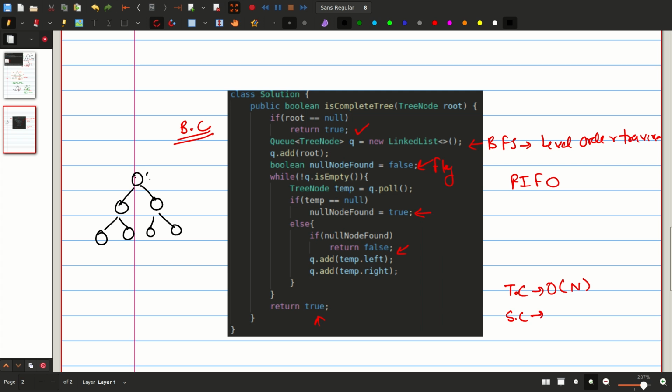So 1 2 3 4 5 6 7, and here I can see if the total number of nodes is 7, how many elements are present at the last level? Which is nothing but 7 by 4. So can I say around n by 2 values are present at the last level? N by 2 minus 1 basically, but n by 2, let's suppose. So if I say the space complexity in the worst scenario will be n by 2, and if I remove this coefficient, it will be nothing but order of n.